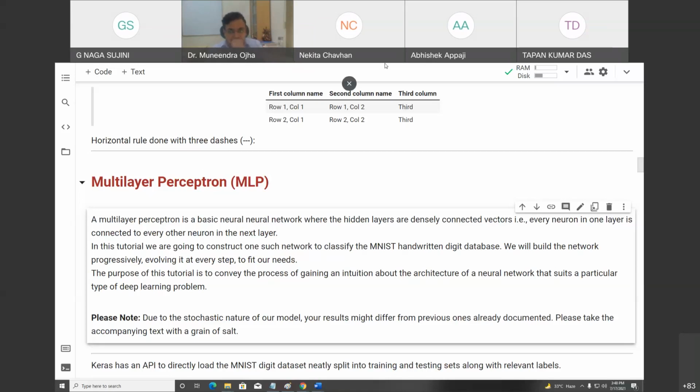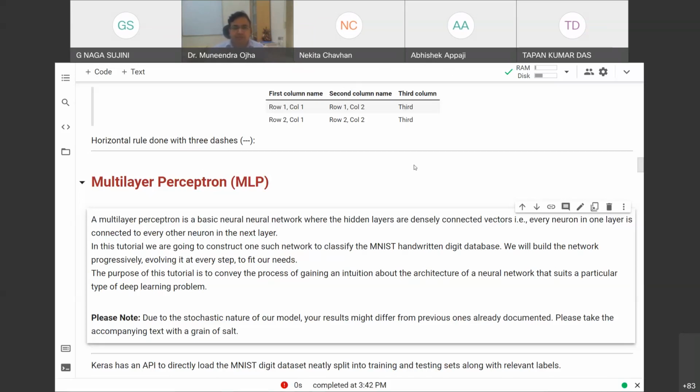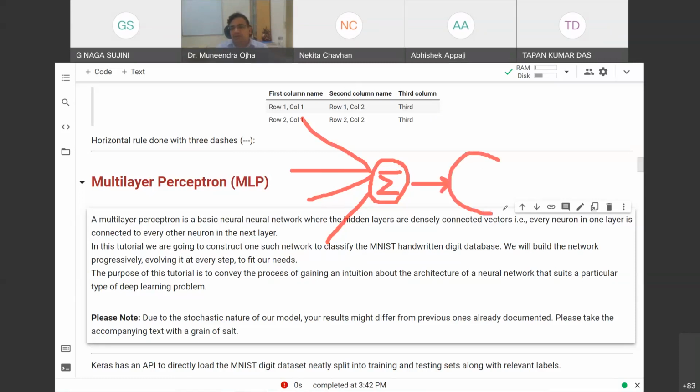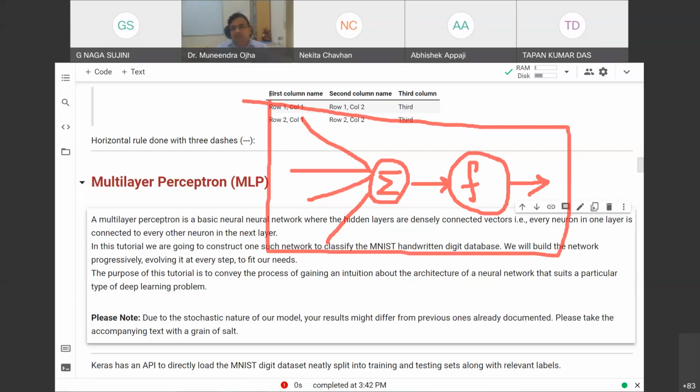Okay, so just like yesterday, when Professor Oja was talking about, she actually told you that a neuron is nothing but a computational unit which takes input. Okay, a lot of different inputs will be given to the neuron. It performs something and produces an output. Okay, that output is passed on to an activation function, and the output is produced. Okay, this whole thing is a perceptron.